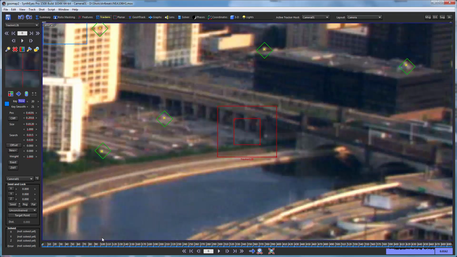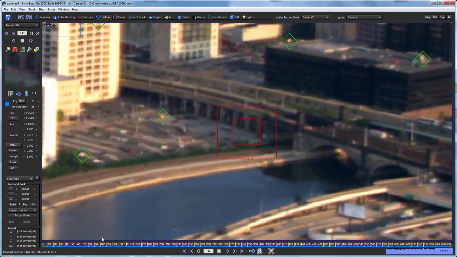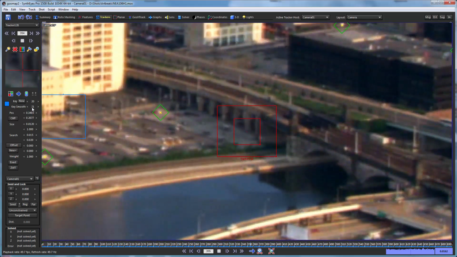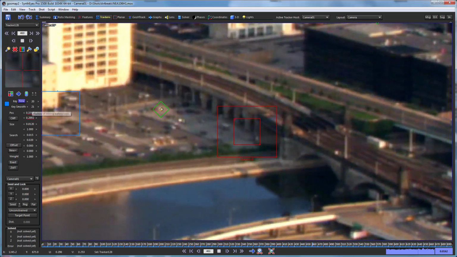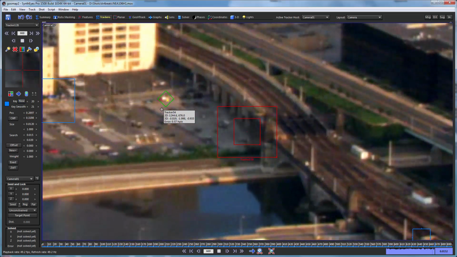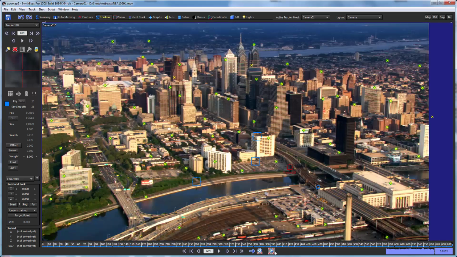So then at the very end, now I'm going to go back and just play through the shot again. And now it's doing bidirectional tracking using the key smooth value that's there, so that at any individual frame, it's using both the key behind it and the key in front of it to generate the particular location of the tracker. So having done that, I can then lock up the tracker,